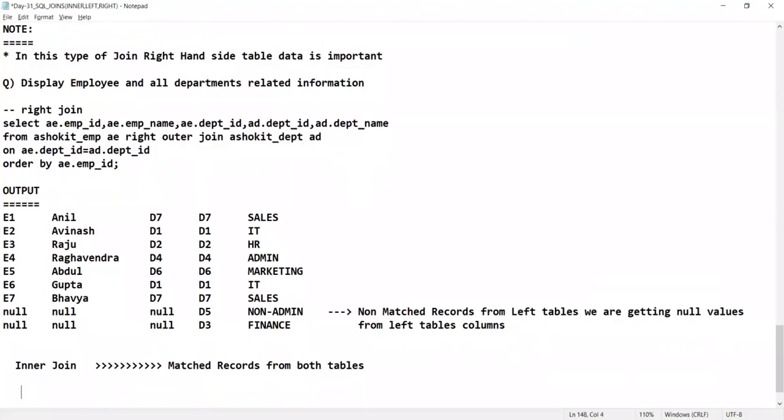And then right join means, right join means what, sir? Right join means nothing but inner join data plus